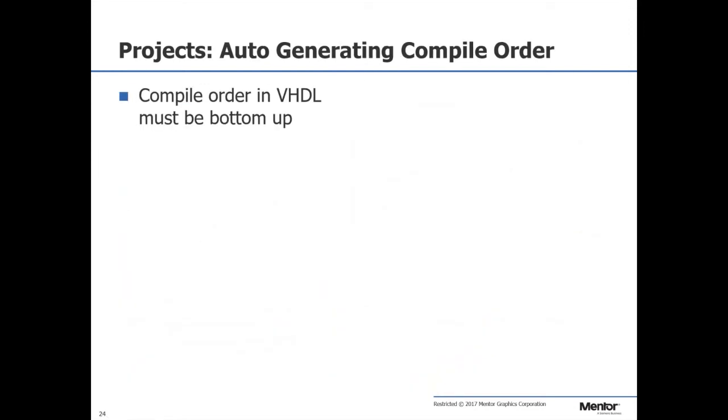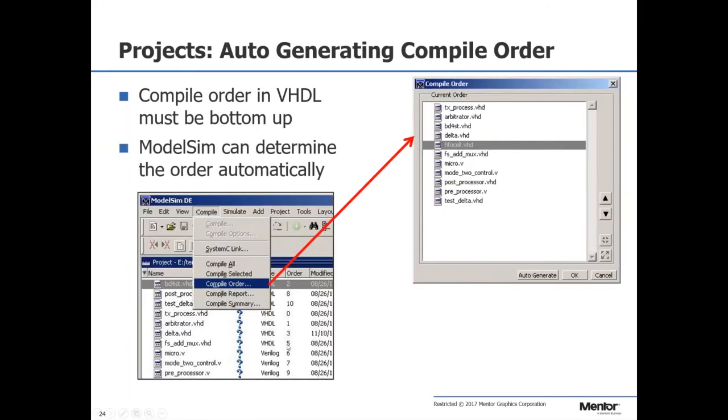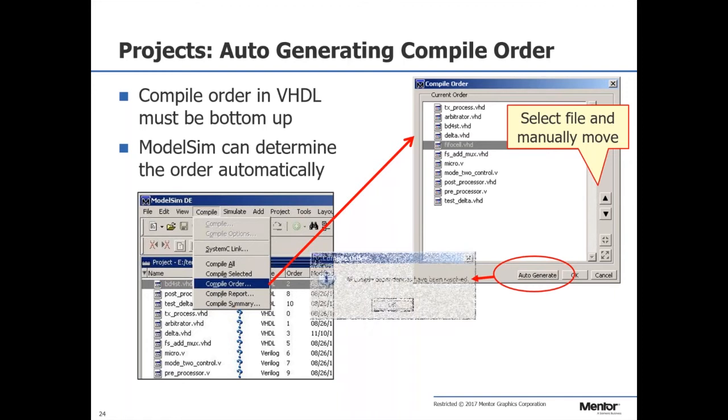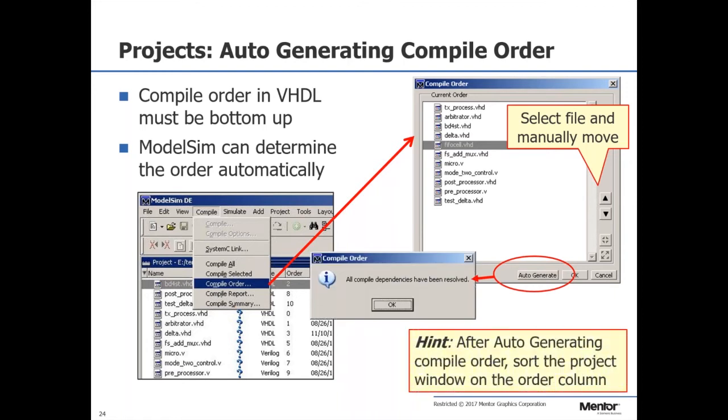For VHDL, this is the one benefit of the project mode. In VHDL, you have to know the compile order, and you have to compile things bottom up. So you can either manually set that, and so here I click compile order, and I can manually order this, or I can click this auto-generate compile order. And what that'll do is it'll go through all those files and figure out what the dependencies are and order the files in the way they need to be and resolve all the conflicts,